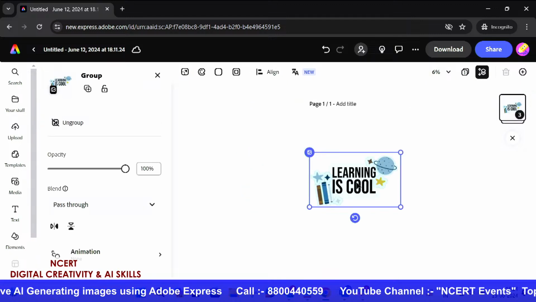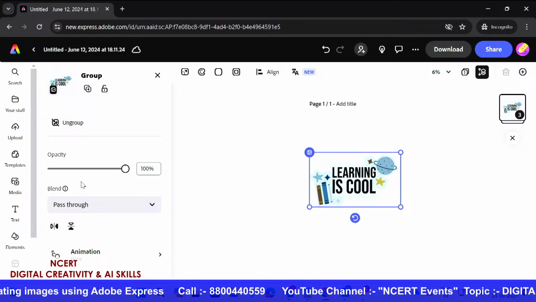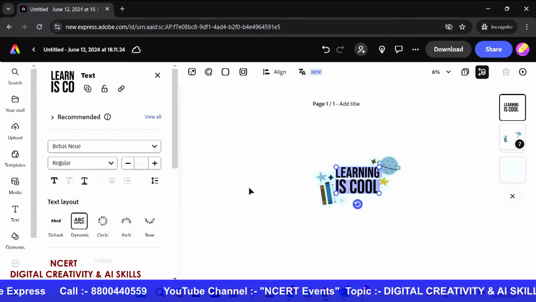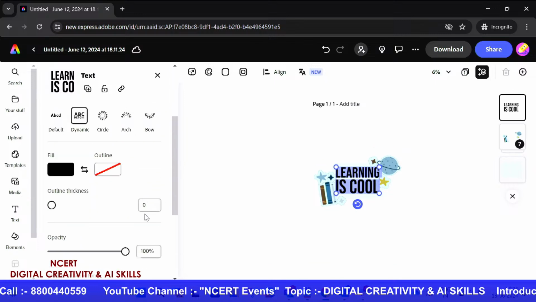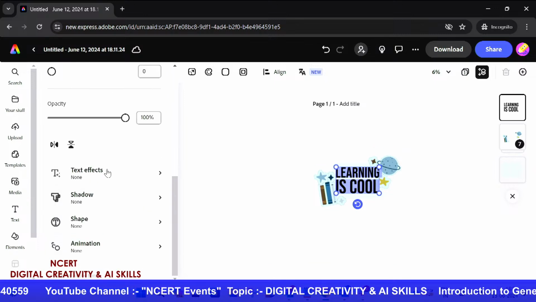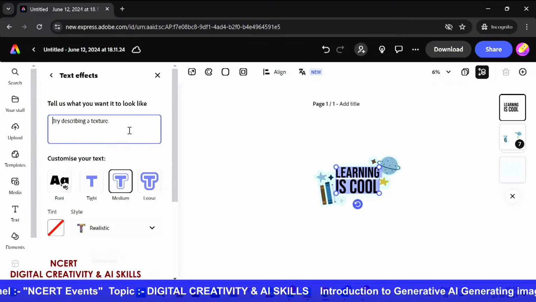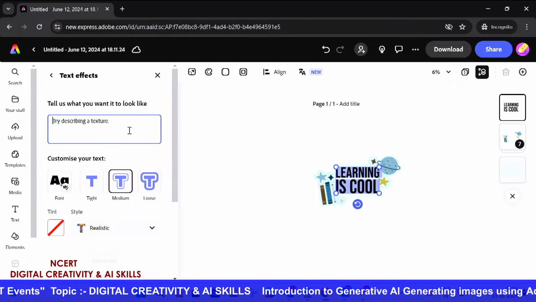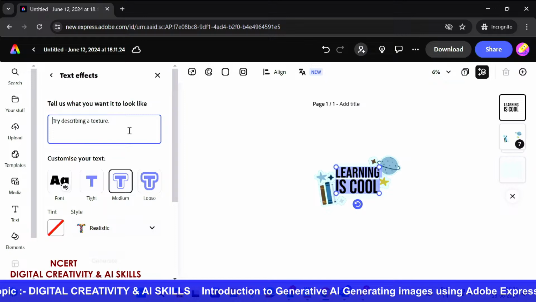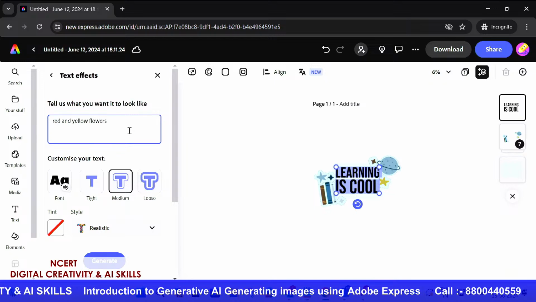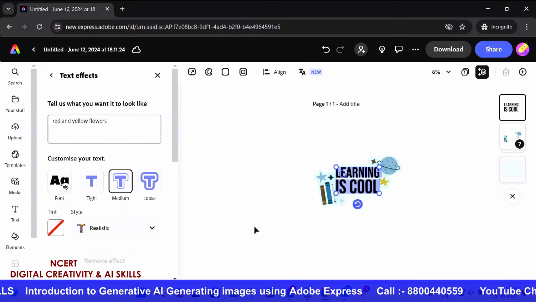I'll just click here on the image, ungroup it, and then you can see on the left hand side there is something known as text effects. When I click on text effects, again, like I just mentioned, you can have the prompts here as well, like red and yellow flowers, and my text effect will be generated.